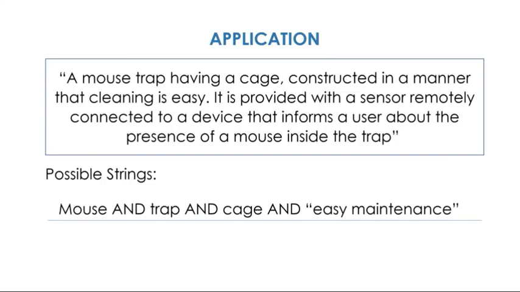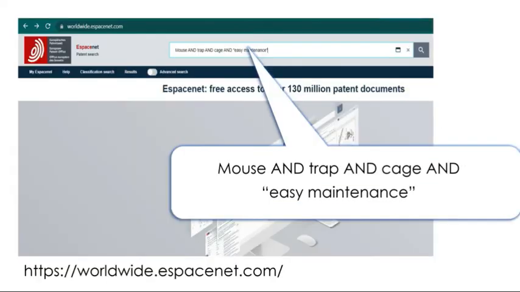Now, based on the description you created and from which you came up with keywords and key phrase list, your string can include such as this: mouse and trap and cage and easy maintenance. This can only be one of the many strings you can create, and I would suggest that you create as many. Use this string to input in the search field of the database, such as this in the